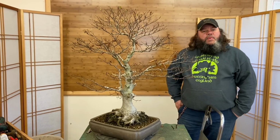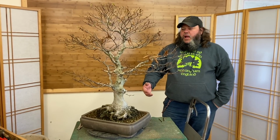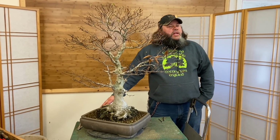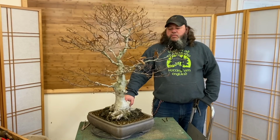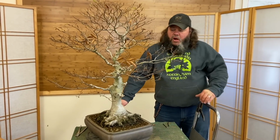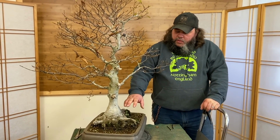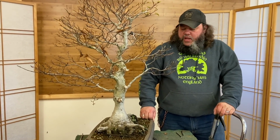Today I'm going to do a demonstration and do some work on this Japanese White Beech. It's a tree that's recently come into us from a private collection, and it's a little bit down on its look and it needs a little bit of restoration before we put it out on the bench for sale. So it's a Fagus crenata, white beech, imported from Japan originally, been in private ownership for a number of years,